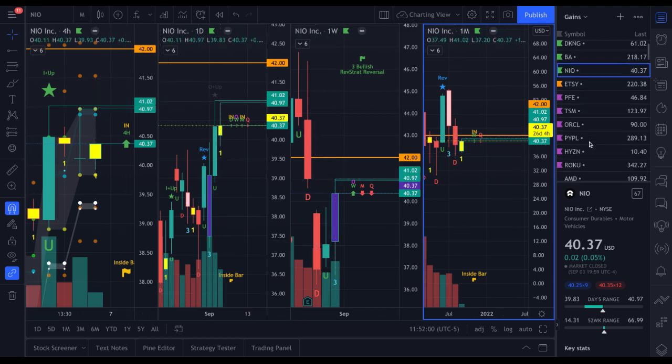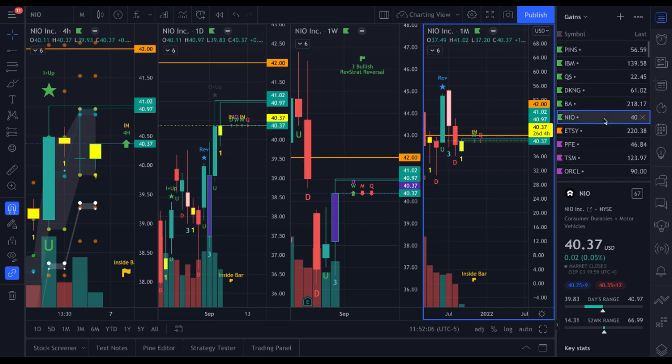And then if you want to see what else I'm looking at, Etsy, and I'm looking at all of these in purple here as well. So yeah,